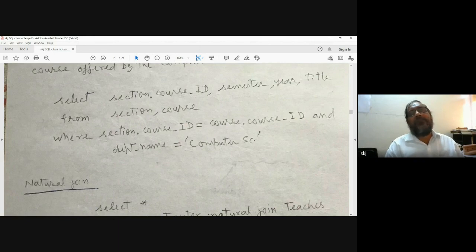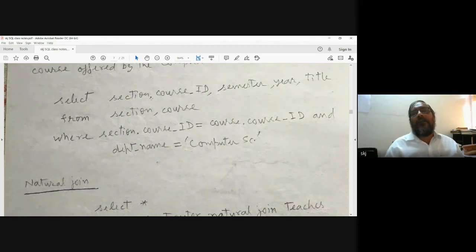If I write only course ID, the system should know which course ID you want in the result. So when I write section dot course ID, it refers to the course ID attribute of the section table.